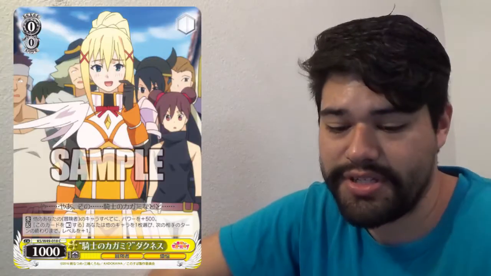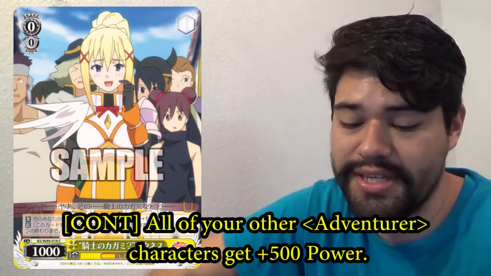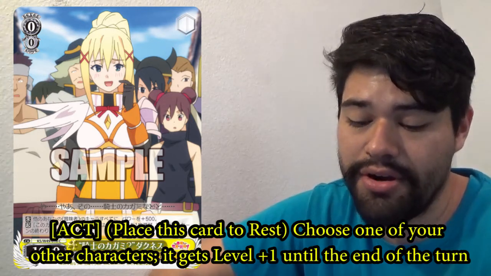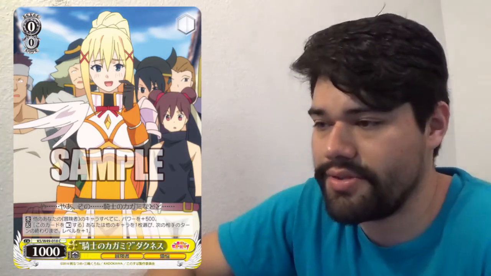Up next we have Crusader's Mirror Darkness. She's a yellow 0/0 adventurer frustration character. She has 2 abilities. Her first one's this: continuous, all your other adventurer characters get plus 500 power. Act, rest this card. Choose one of your other characters and it gets plus 1 level until the end of the turn. So plus 1 level,